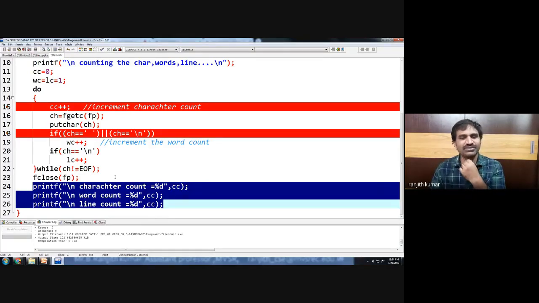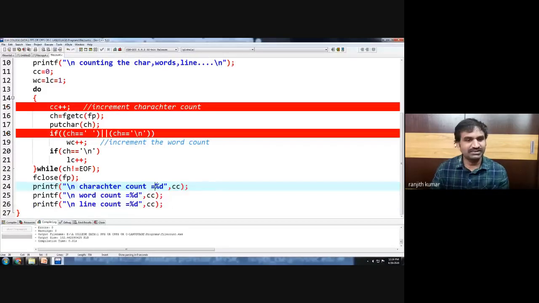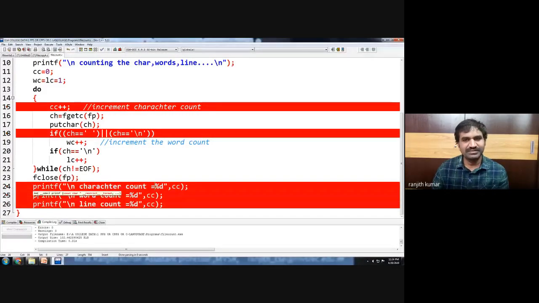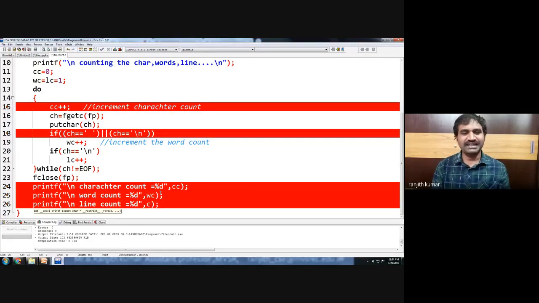What is the character count? It is CC. Word count. Yeah. So in printf statements, what do you want to check? Can you repeat once? Word count. Very good. Excellent. Word count and line count.